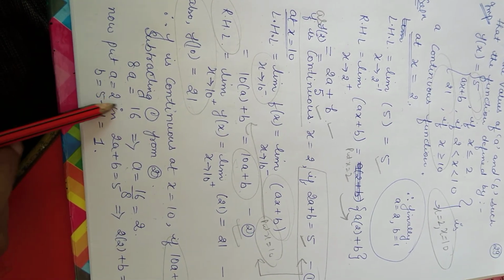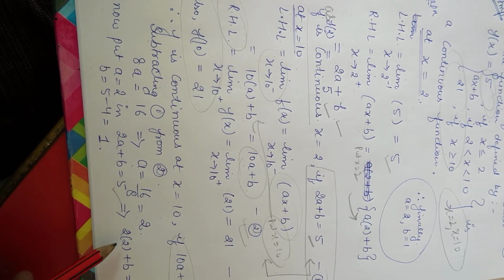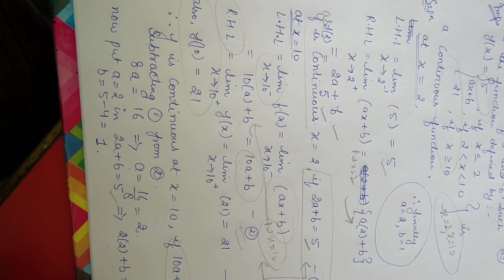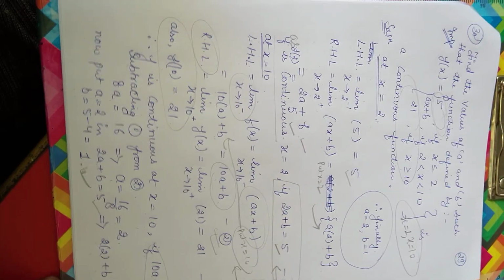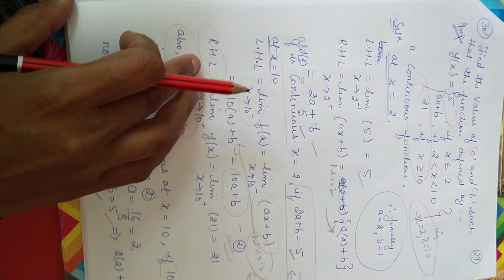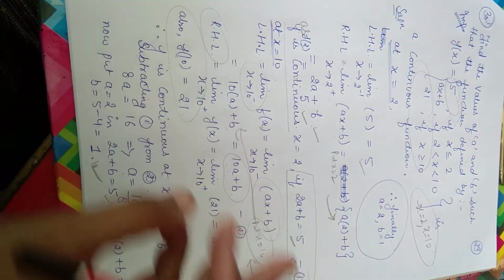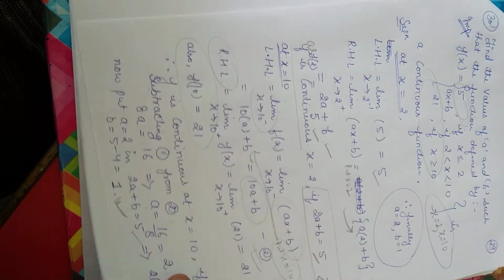Now put a is equal to 2 and finally we will get 2a plus b. These are simple calculations. 2 2s are 4 plus b is equal to 5 and your b value will be 1. Clear बच्चे? This was all your discussion about your question numbers 24, 26, 27, 28, 29 and 30. These are all the questions which I have discussed with you in today's lecture.